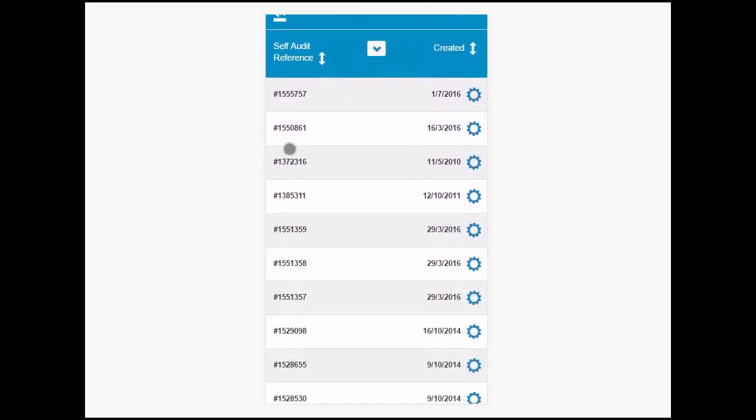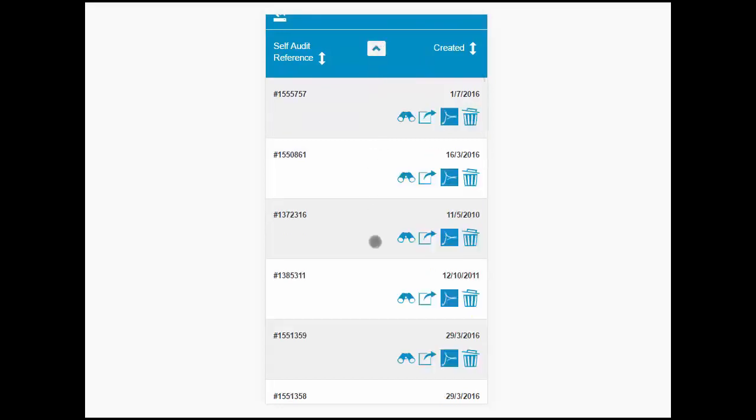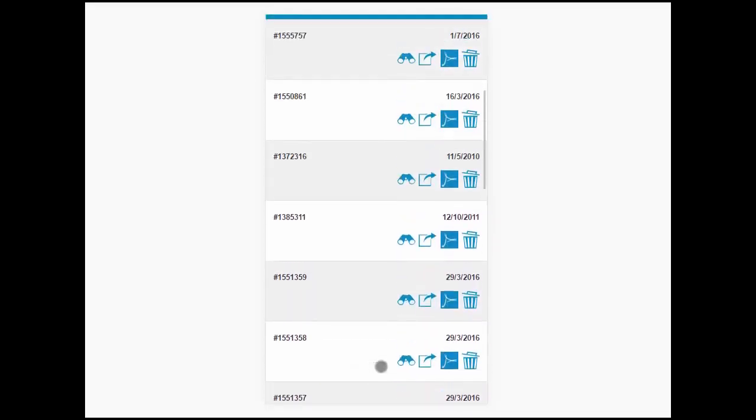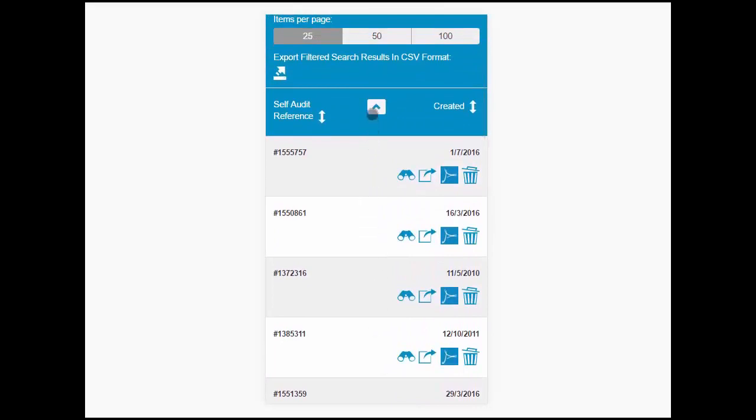The arrow in the middle of the list headings allows you to toggle between a brief summary of each record in the list view and an extended view of each of the records in the list view. The up and down arrows within the headings allow you to sort the records in either ascending or descending order